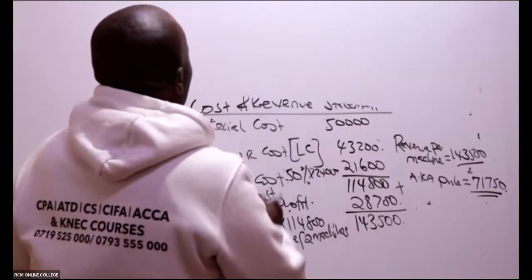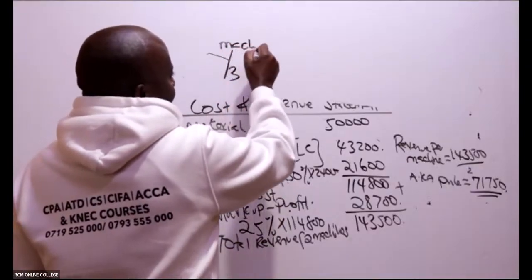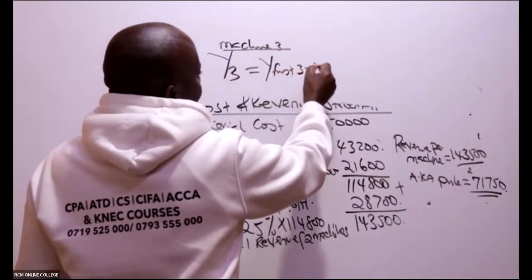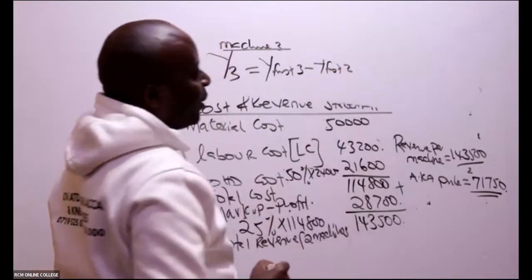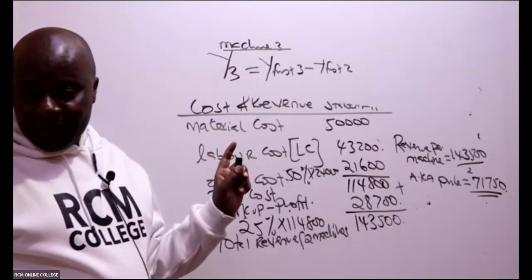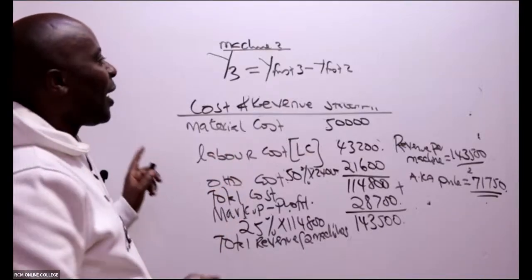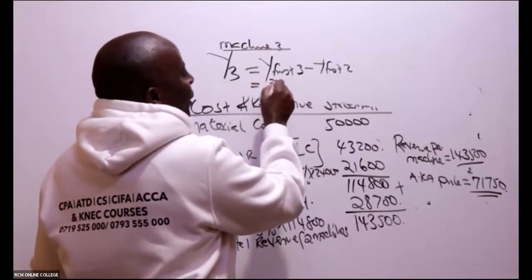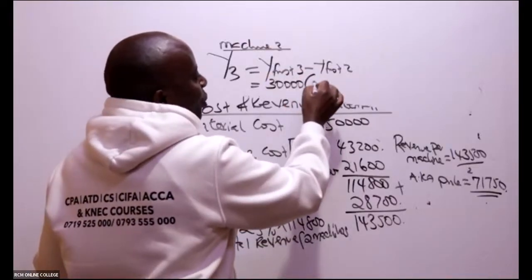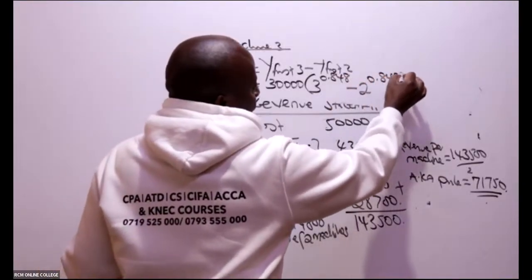No worries. So we do Y3 alone, so machine 3. For machine 3, I'll say Y first 3 minus Y first 2. Is that right for machine 3? Yes. Then you come here, remember, it will be 30,000 outside, the A which you had gotten. The A was 30,000, into 3 raised to the power, minus 2 raised to the power, like that.